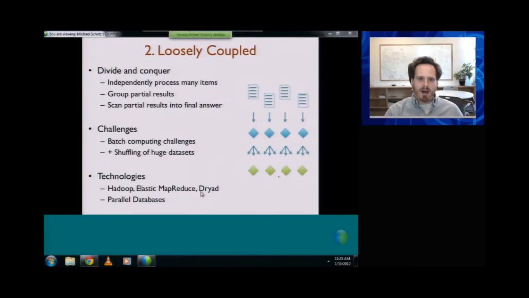The next type of computation, parallel computation, is one that's loosely coupled, meaning there are phases of independence followed by phases where they have to work together. So the schematic diagram is we're going to have 4 input files. There's going to be some initial computation on those input files. Then those workers are going to communicate with each other. That's going to create a set of 4 different independent tasks in the back end that will then have their